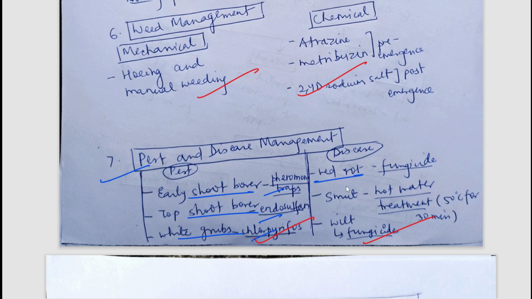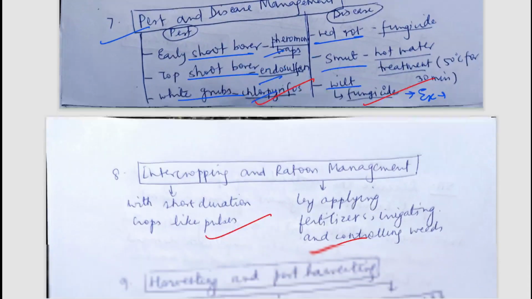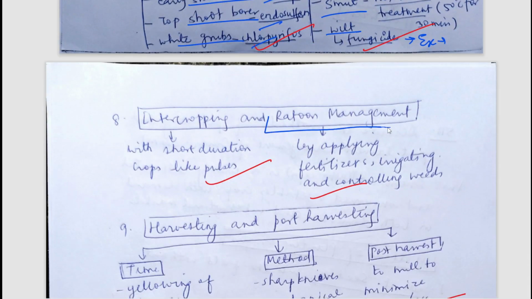Diseases, common diseases are red rot, smut, wilt. So all these things have been mentioned, and you can see in wilt fungicides have been written. But for example, the name of one or two fungicides can also be mentioned to enhance the answers. And you can see here ratoon management is a specific feature done in sugarcane, so you should know it. Ratooning,